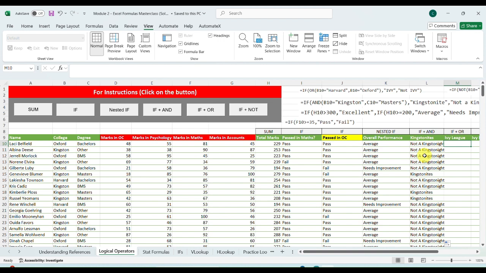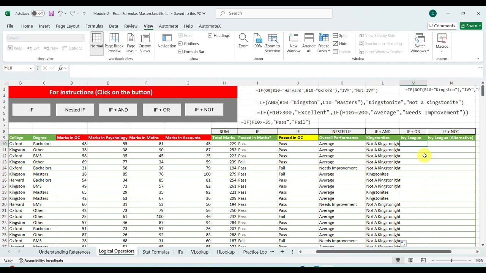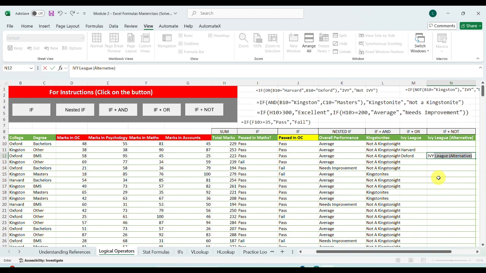Now we are going to use if plus or. Let's say for example, if studying in Harvard or Oxford, then okay for Ivy League, say Ivy League, or not.